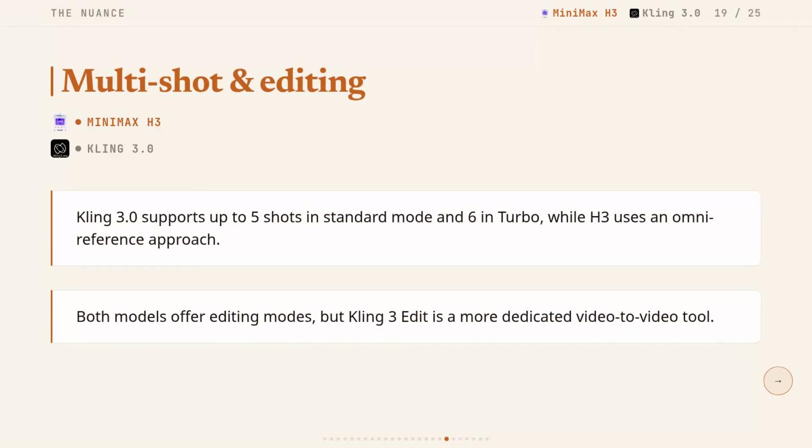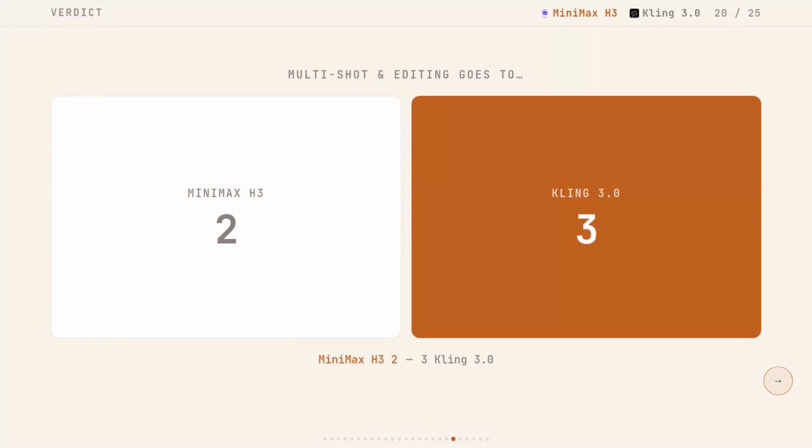To be fair, both models have editing modes, and the approaches are genuinely different, rather than one being flat-out broken. H3's omni-reference is more flexible for mixed media inputs, and Kling 3 Edit is more structured for scene-to-scene control, but if you're shipping a multi-scene project with a real storyboard, Kling 3.0's dedicated shot structure is the more reliable tool for that specific job. Kling 3.0 takes multi-shot and editing,